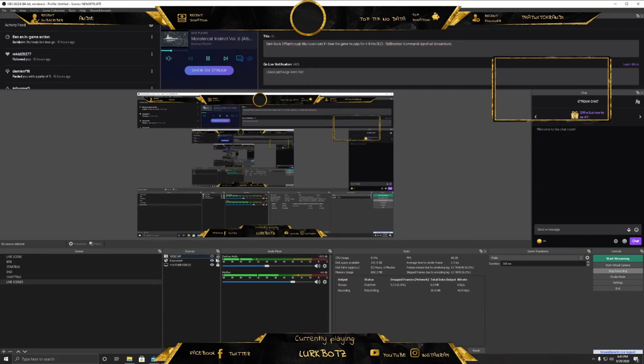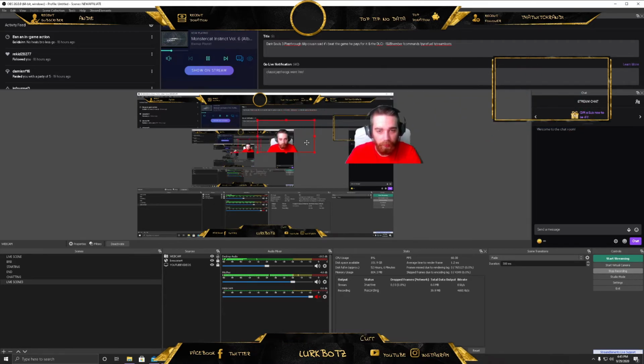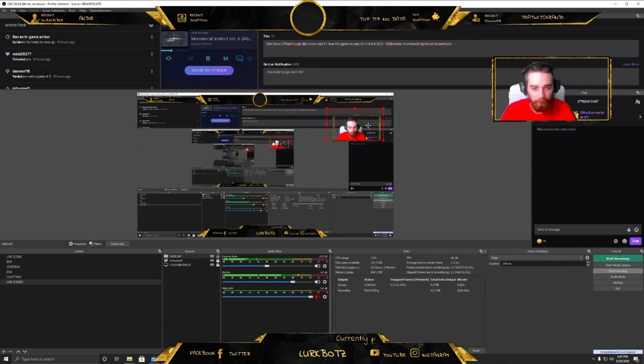We have our webcam already set up. All you got to do is just click hide. And then you put it in. You can drag it wherever you want. But again, we're going to put it where we want to put it, which is right here. And then lock it down so you can't move it for future use. Now you got your webcam in here and you see my ugly mug. We can move on to the next step in the process,